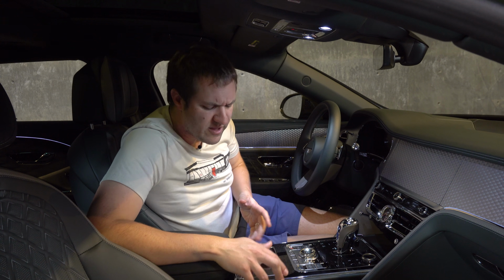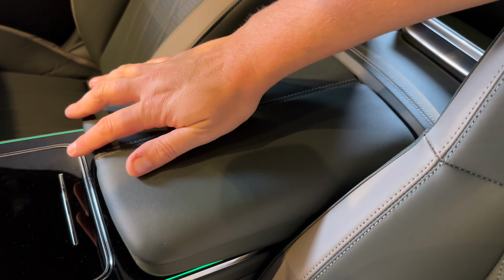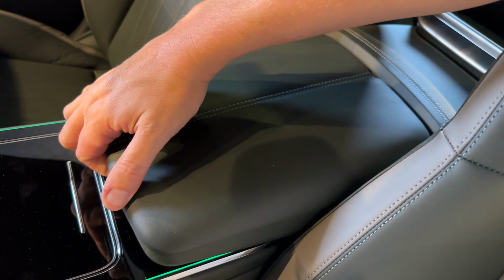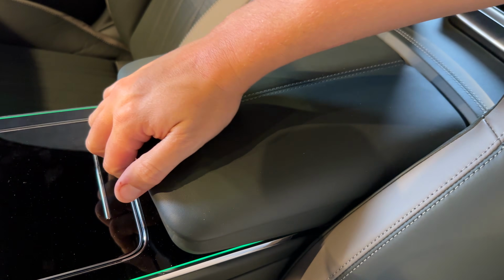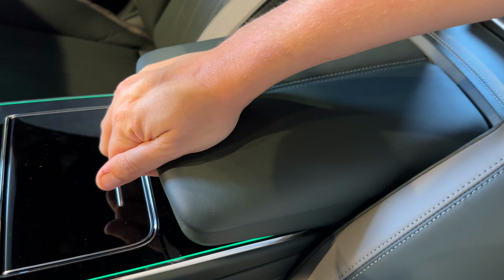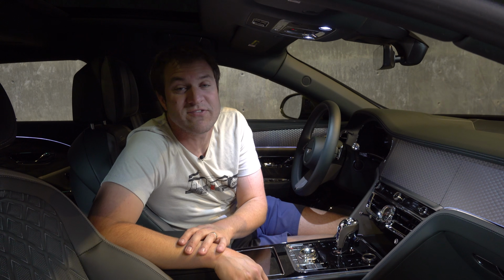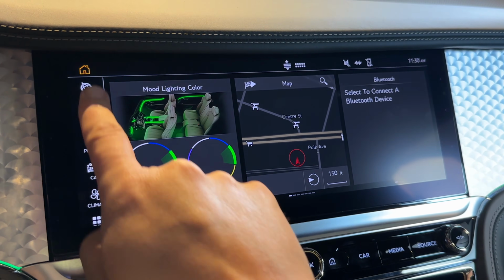One other interesting thing in this center console is the armrest. You can see beautiful stitched leather. It doesn't open to reveal a center console. There's just an armrest here. It moves forward or backwards, but it doesn't lift up with storage underneath like basically every other armrest in armrest history. But anyway, next let's move on to the tech in this car, the center infotainment screen, which is excellent